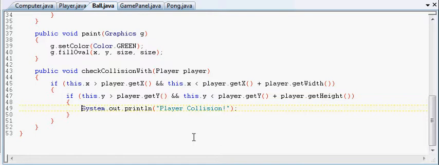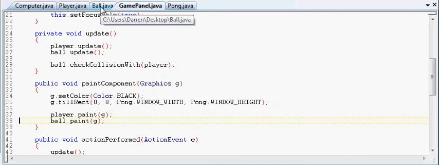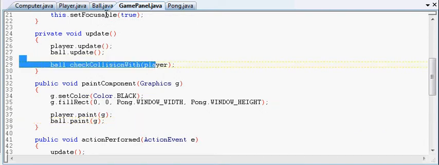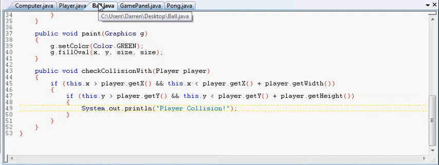Last time we just constructed our conditional if statements for our collision method, which gets called every update in game panel. It's the ball's method, and we just kind of threw that together last time. It doesn't do anything right now, but all we did was check with two if statements